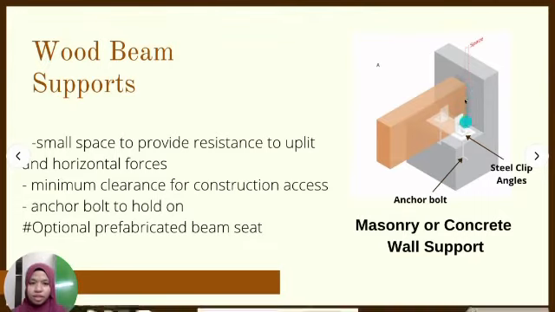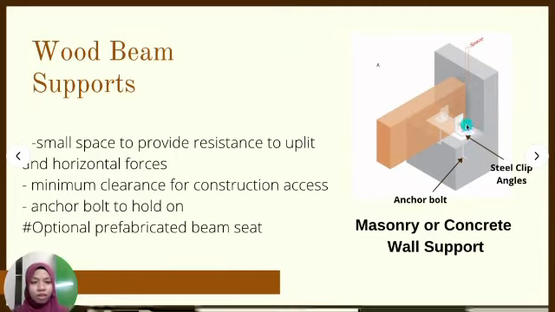So these spaces are needed in case the wind is too strong and the building moves. So there's a chance for the beam to hit the wall. There's also a risk for the structure to break if it hits the wall. So it will crack the wall. It's something that we do not want. Okay, so there's also an optional